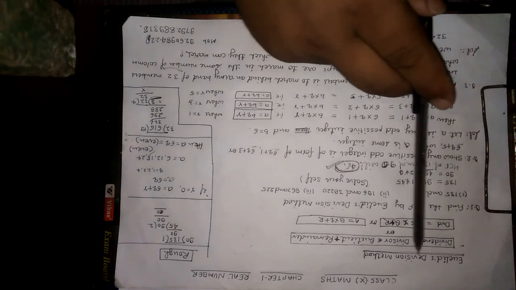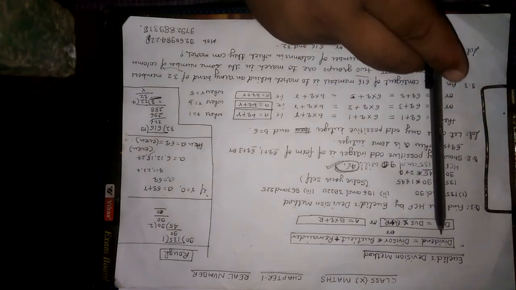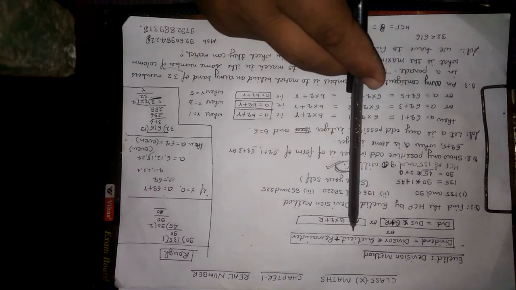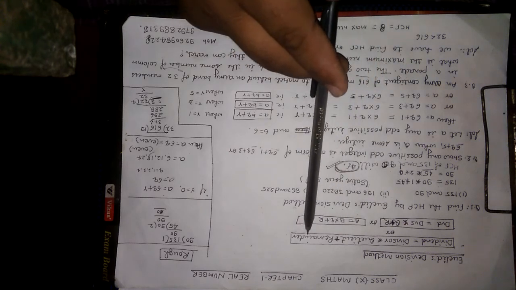So your HCF is 8, and that will be the maximum number of columns. Okay, so once again, your Euclid's division method is dividend is equal to divisor into quotient plus remainder. You will solve all these questions with this method, and if you have any problem with this, you can